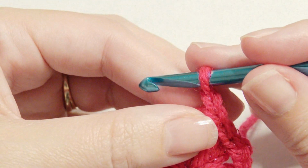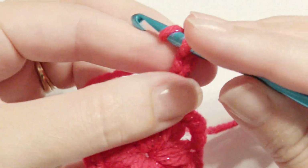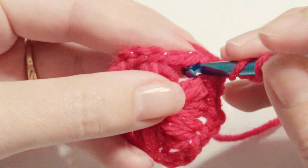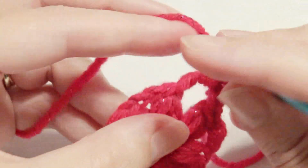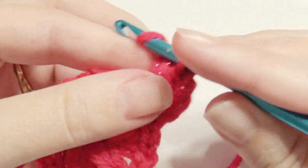Now you're going to chain 1, 2, and then 3, and then you're going to yarn over, draw up the loop, yarn over, grab the yarn, draw up the loop. Then you're going to pull through all loops, then chain 3,